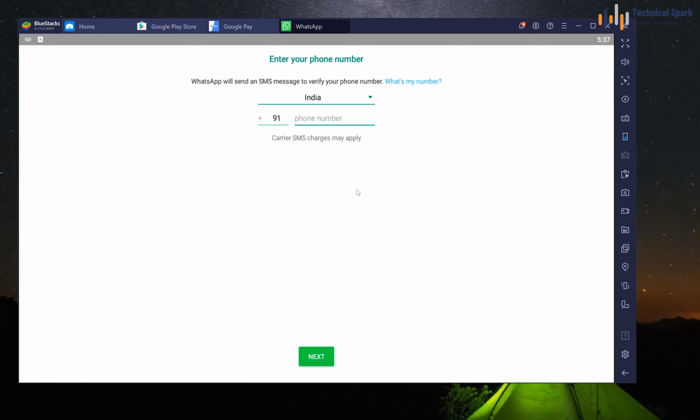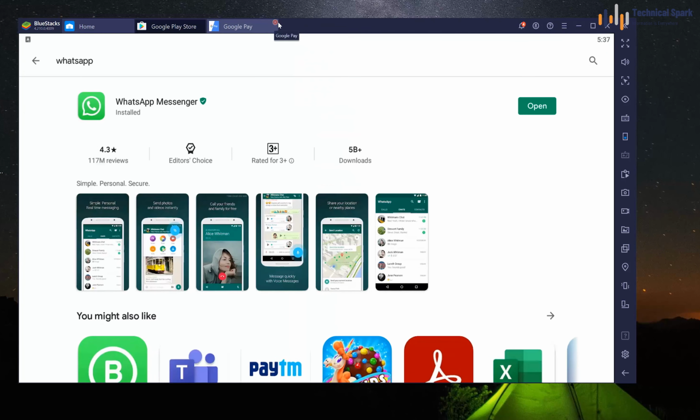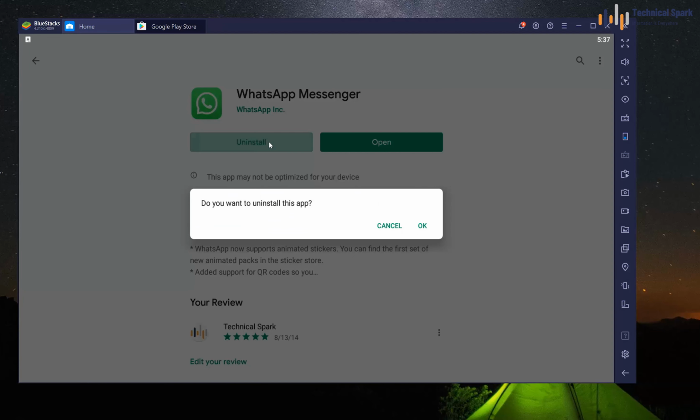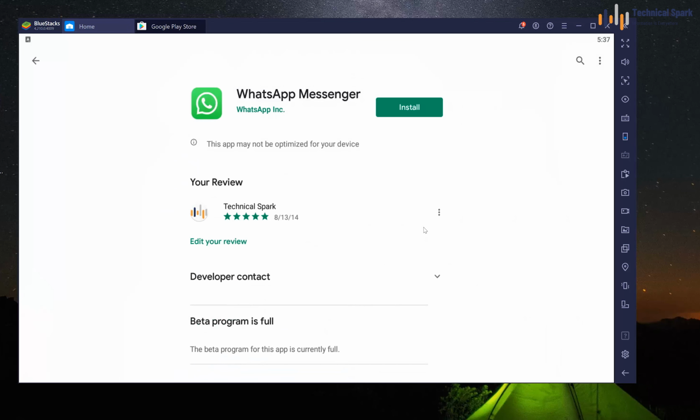Great. So guys, this is how you can install any software on your PC using this BlueStacks software. Let me close. And if in case you want to uninstall any application, then just click on that particular software and click on uninstall. It's got uninstalled. It's very quick.